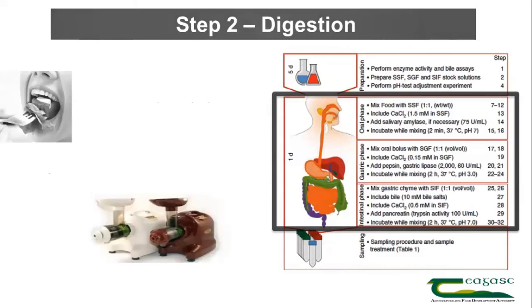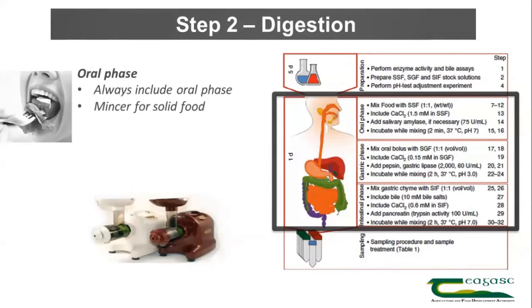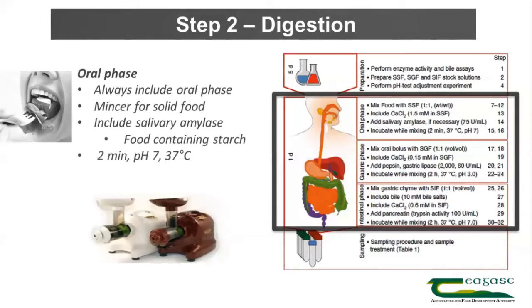So the first step is the oral phase. We recommend to always include the oral phase. If you have solid food, you should use a mincer, such as one of those, electric or hand mincer for solid food. If the food contains starch and you are interested in the digestion of starch, then you have to include salivary amylase, and the exposure of the amylase should be 2 minutes at pH 7,